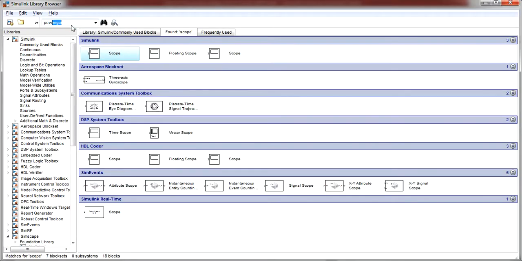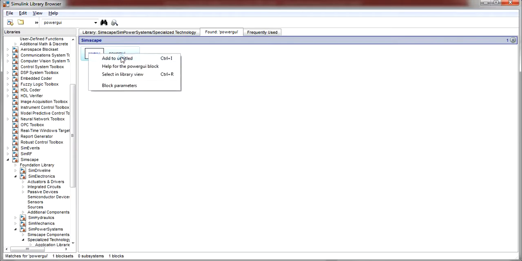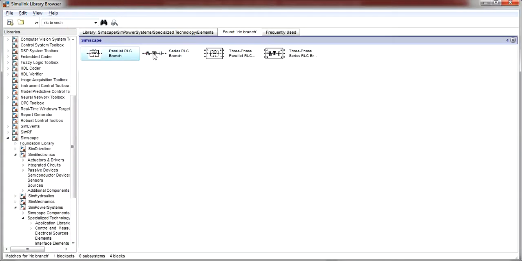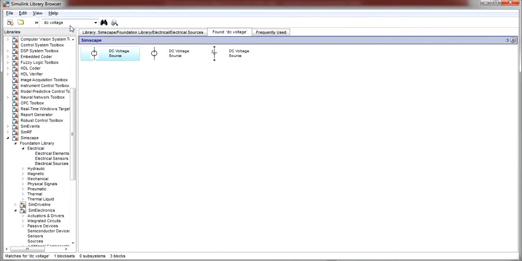Then the powergui block to set the different parameters, and our load, that will be the RLC branch, so let us add that too. And at the input side we will have a DC voltage source, so let us search for that.